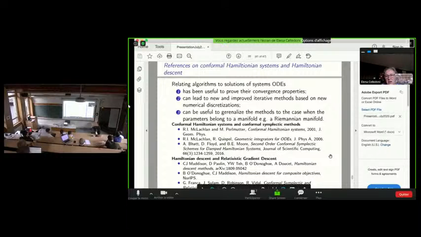Okay, so why is it interesting to look at ODEs that are related to these iterative methods? The reason is that they are useful to prove convergence properties, for example, and this is very much the case of the Nesterov accelerated gradient method, for which there is a popular paper by Su, Boyd, and Candes, as you can read at the bottom of the slide, where they study the convergence properties of Nesterov accelerated gradient by studying the ODEs which are underlying this method.